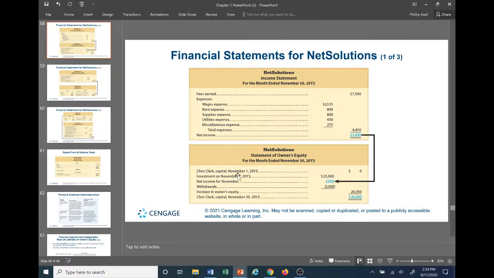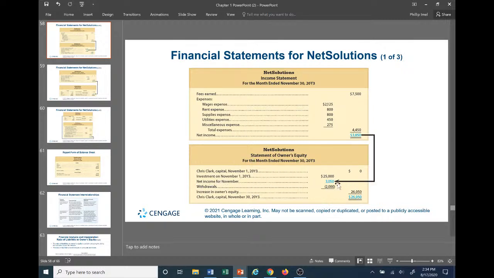So let's say Chris Clark Capital November 1. So that was the inception of the company. They had nothing here. Remember, he made that investment on November 1 of $25,000. So that increased statement of owner's equity, increased equity, right? Now, net income for the month of November is closed, meaning it's closed here. So these accounts can start over for the next month, and it's closed to retained earnings,